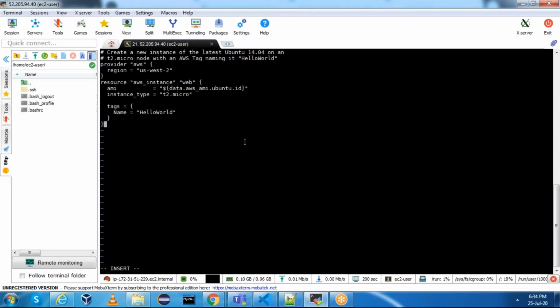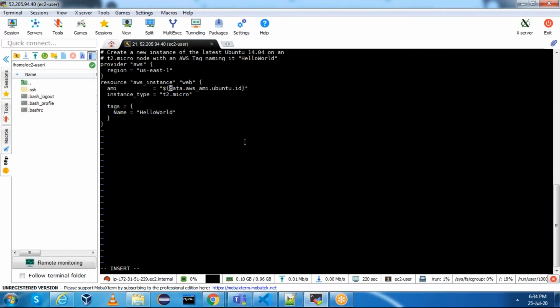The first entry is provider. Provider is AWS. My region is US East 1, so let me change this to us-east-1. Next is the resource aws_instance, and the name is web. You can name it anything.